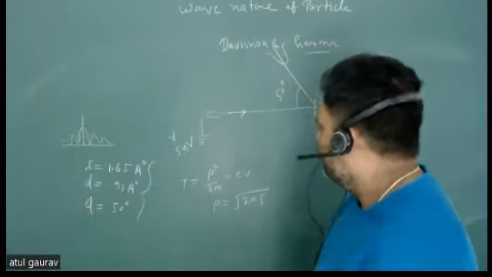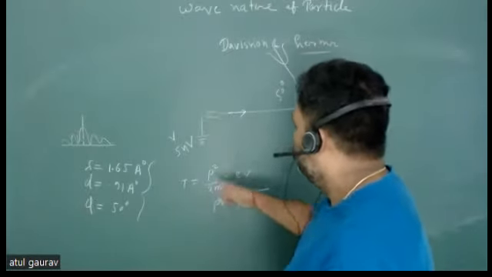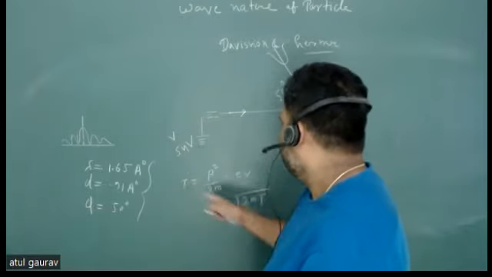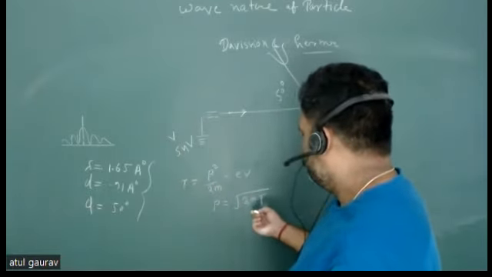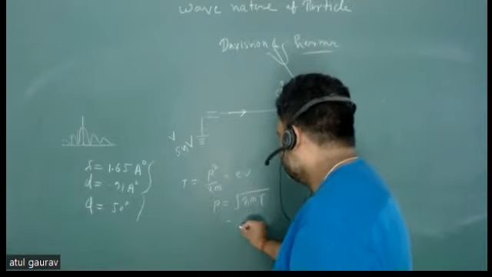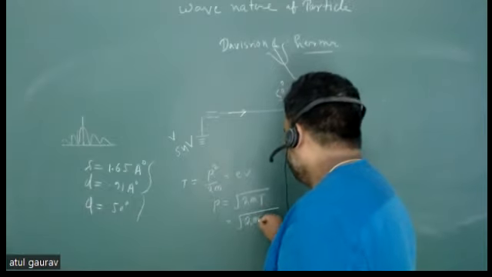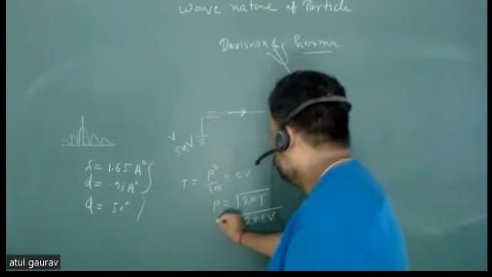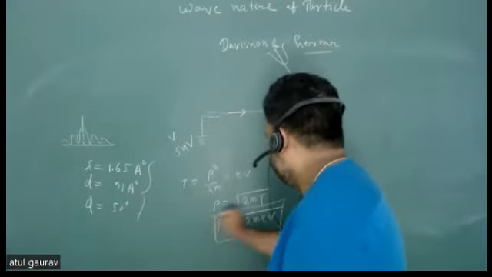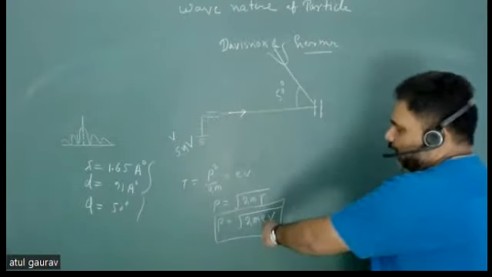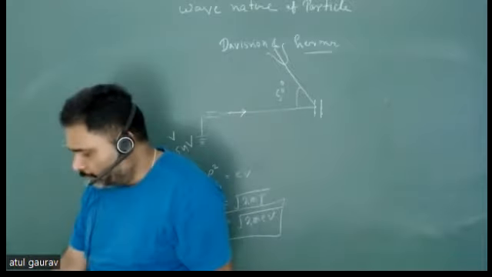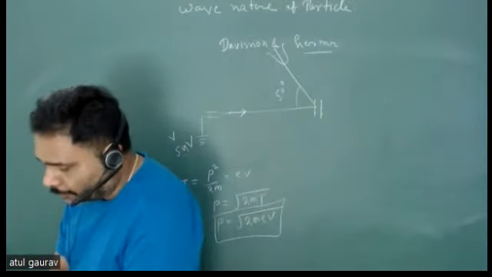And from there, we can put the mass of electron, we can put the V, and you can write this thing as the square root of 2m eV. So here you can calculate the momentum. I have calculated this already. So if we calculate this particular momentum,